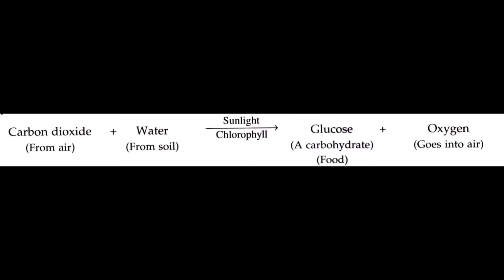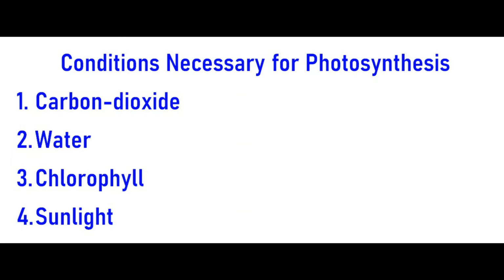Let's first decide what are the conditions necessary for photosynthesis. There are 4 absolutely necessary conditions. Number 1, there must be carbon dioxide taken from the air. Number 2, water with minerals taken from the soil. Number 3, chlorophyll: it must be a green plant with the green pigment chlorophyll. Number 4, sufficient sunlight should be there, and in that process